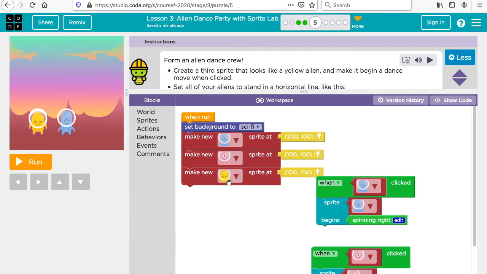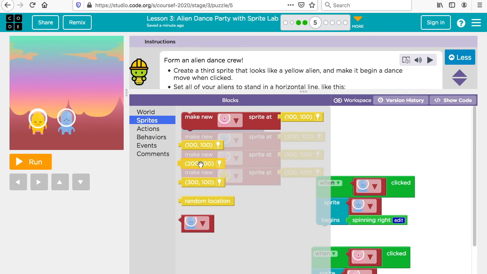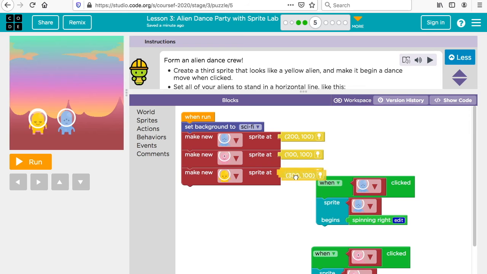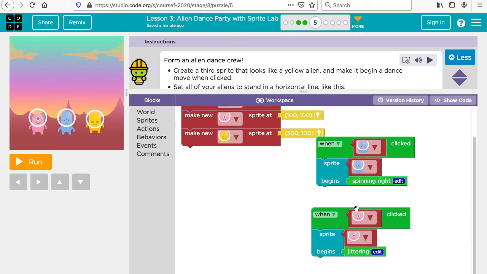Now the yellow alien and the pink alien are in the same location. So what I'm going to do is go to sprites and let's try this. Let's put the 300, 100. That moves him over here, and then we could throw this in the garbage can. So now they're all in the same line because they have the same y coordinate, the 100. And we have the blue guy's code, the pink guy's code. Now let's have the